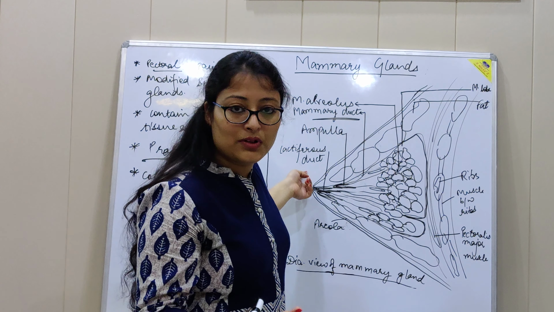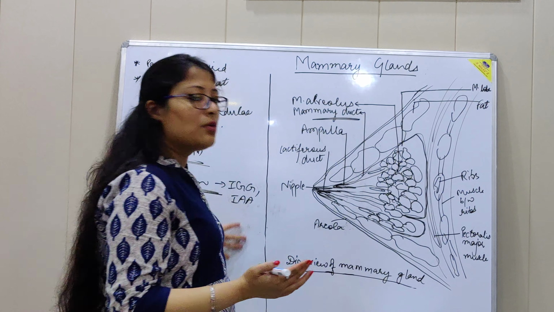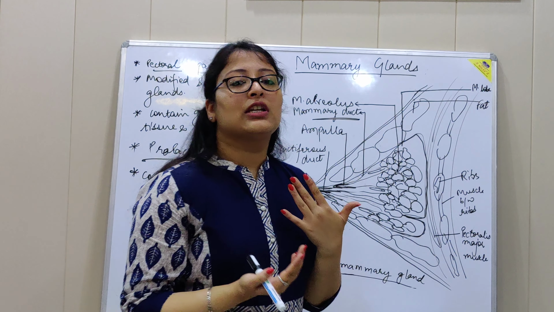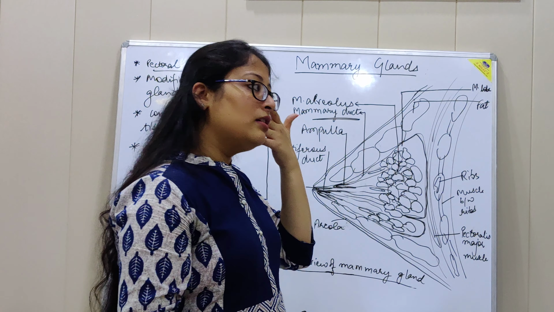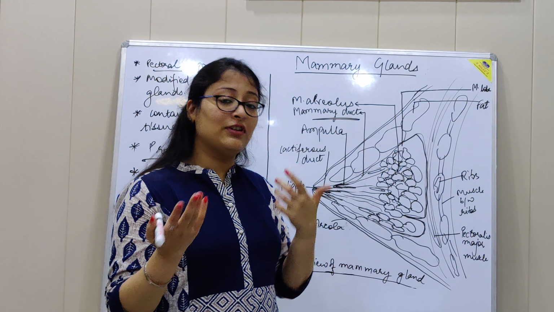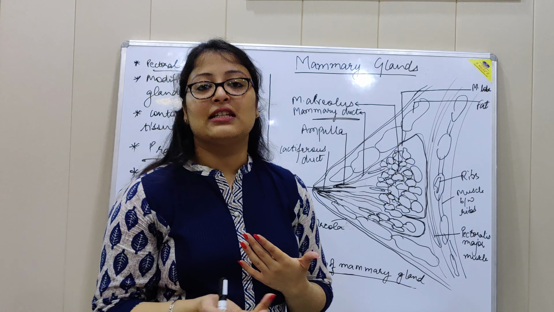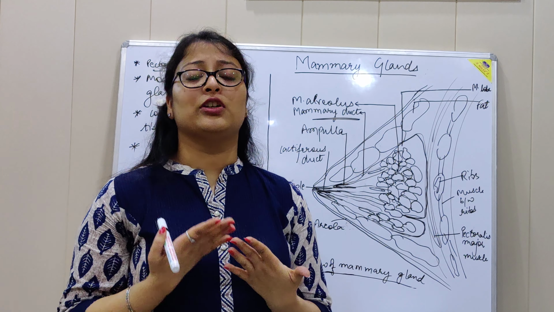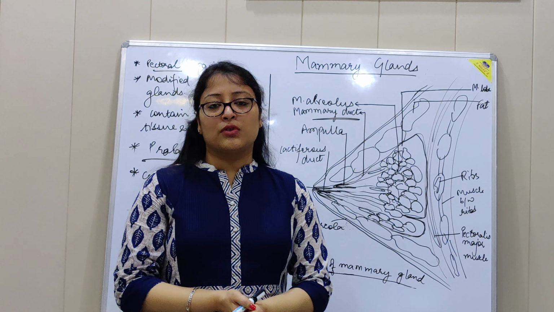It is secreted out. Further, I told you in the conclusion that it is important to feed the newborn for the initial 6 months, and that the feed for the first few days is very sticky. It is known as colostrum and consists of important things for building the immunity of a newborn. So this was all about today's video.